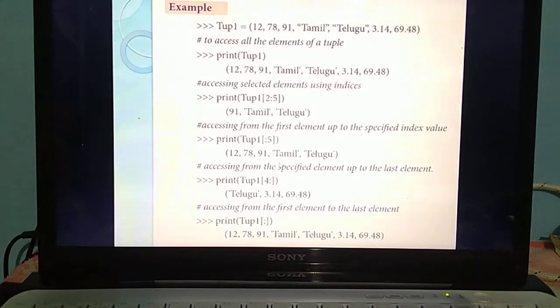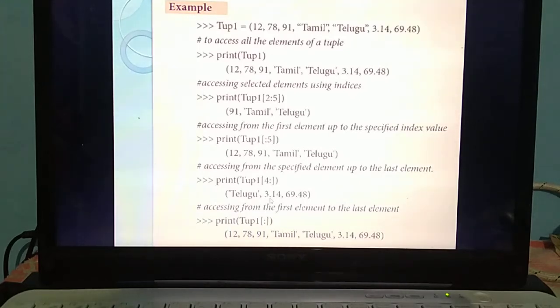Understand? Then next thing. You are specifying only the starting index but you are not specifying the ending index value. What does that mean, how will it access? From the starting value it will access till the ending index value, that is, however many elements you have given in the tuple, till the last one.